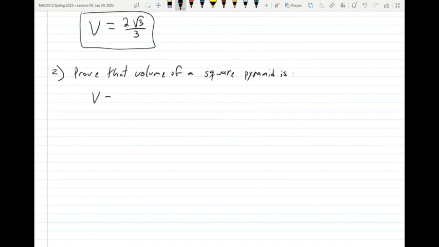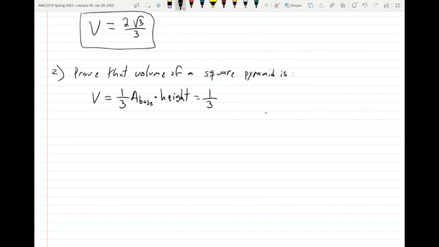So prove that the volume of a square pyramid is, anybody remembers? What's the volume? If you have a rectangular solid, the volume is area of the base times the height. When it's a pyramid, it turns out that you can fit 3 pyramids into that. So it's 1/3 area of the base times the height. Same thing with the cone. The cylinder is area of the base times the height. But if you have a circular cone, think of a party hat or an ice cream cone, it's 1/3 area of the base times the height. Okay? So it's 1/3 area of the base times the height,